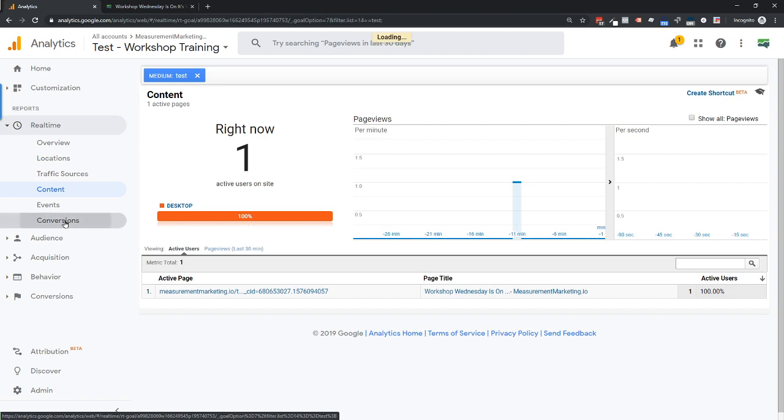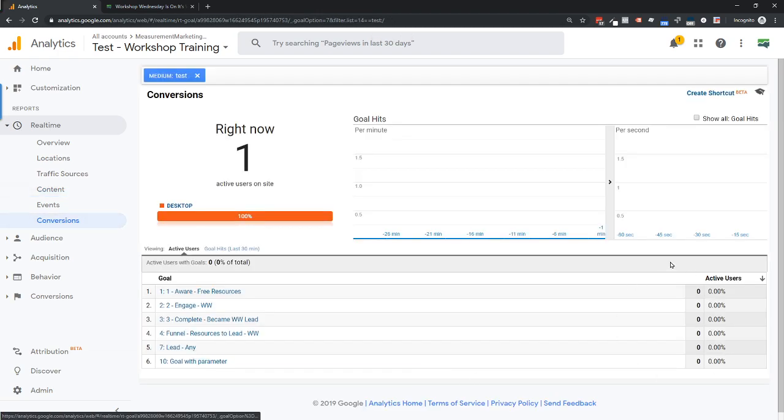So what I would do, especially if I come to conversions, I don't see anything here. I'm going to make two assumptions. One is probably it's okay, but I want to see it in my actual reports, in the acquisition report. Second thing is, it could just be that this is happening so quick, real time does not have the time to stitch together the session and say, okay, well, now I know that this goal needs to be associated to this test traffic source. That stitching together happens in these historic reports. That's why they are delayed,